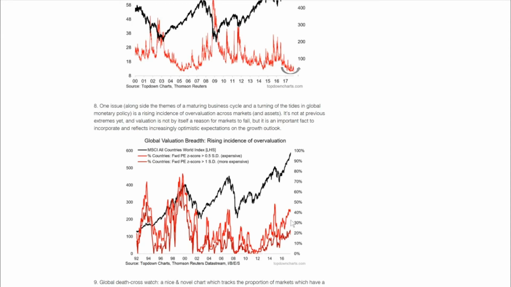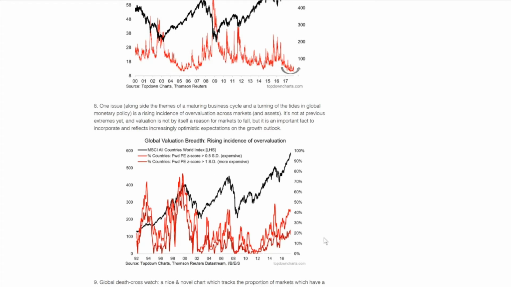The bright red line shows the proportion of countries whose forward PE ratio is one half standard deviation higher than average, and the darker red line is one full standard deviation